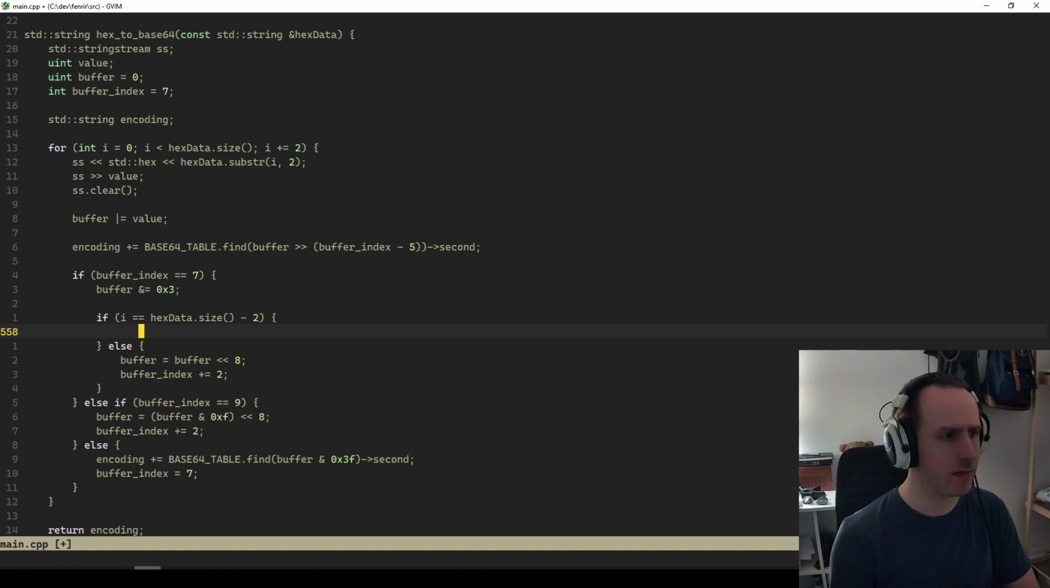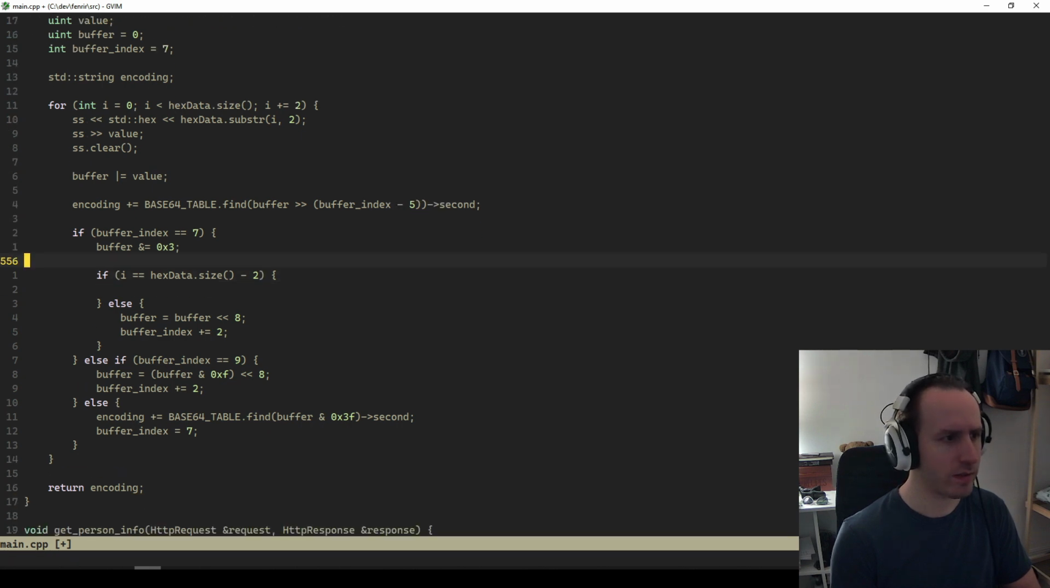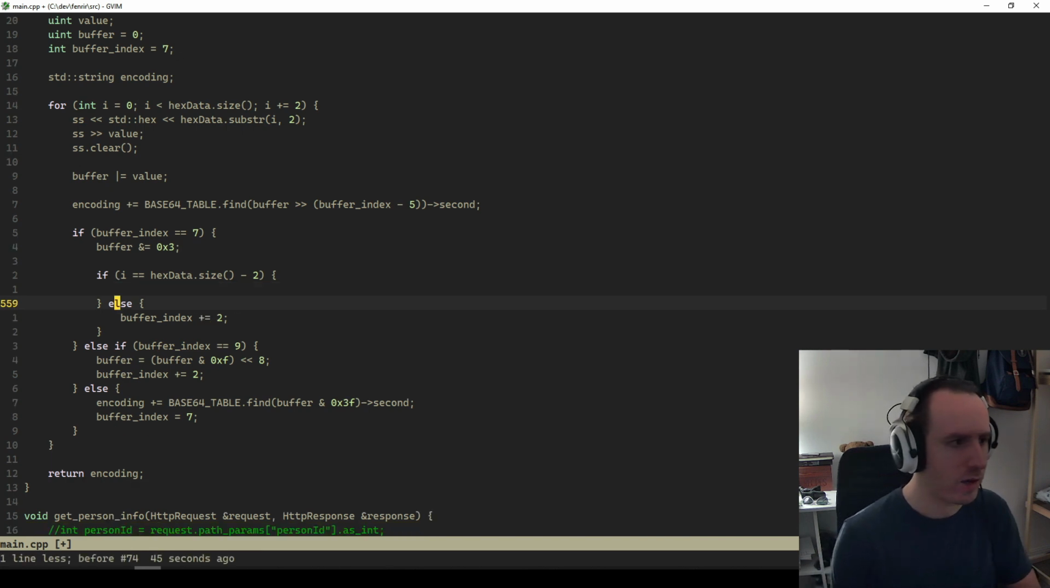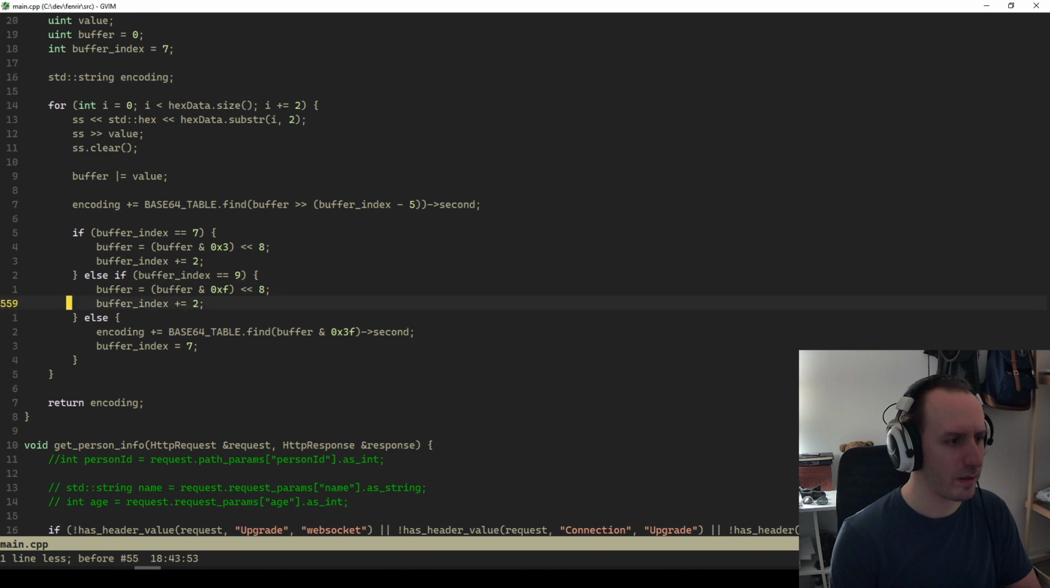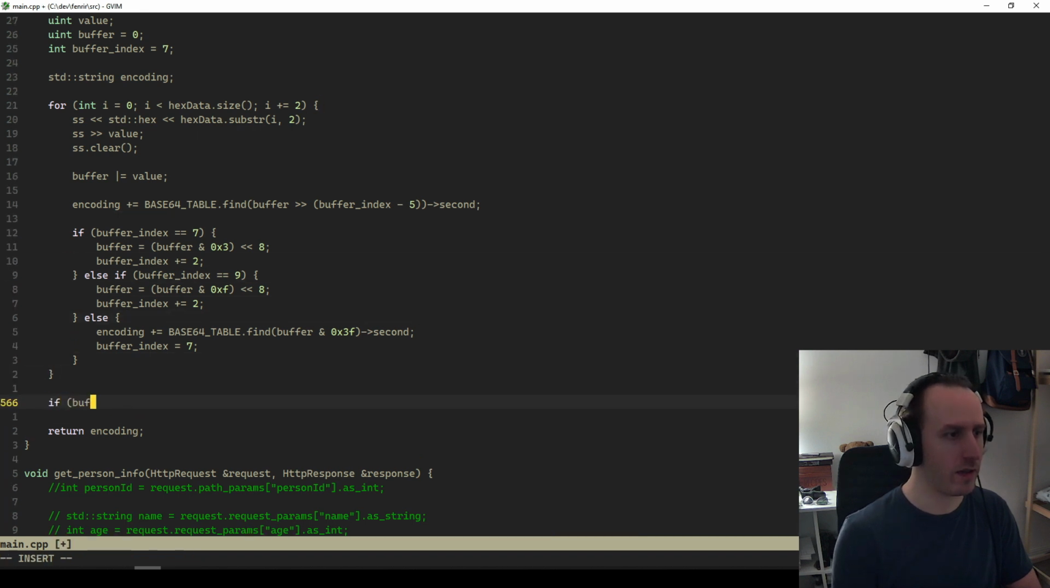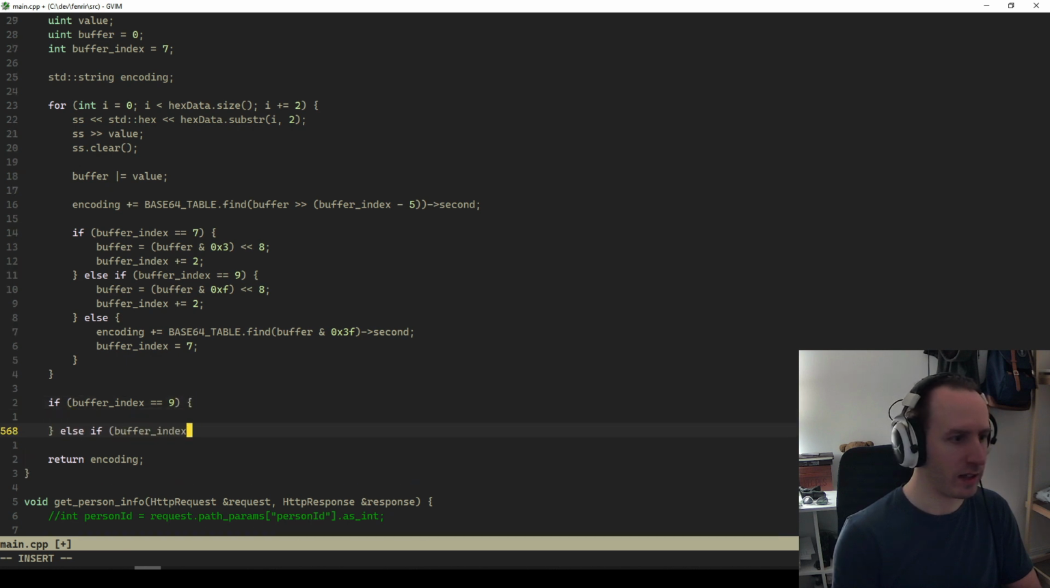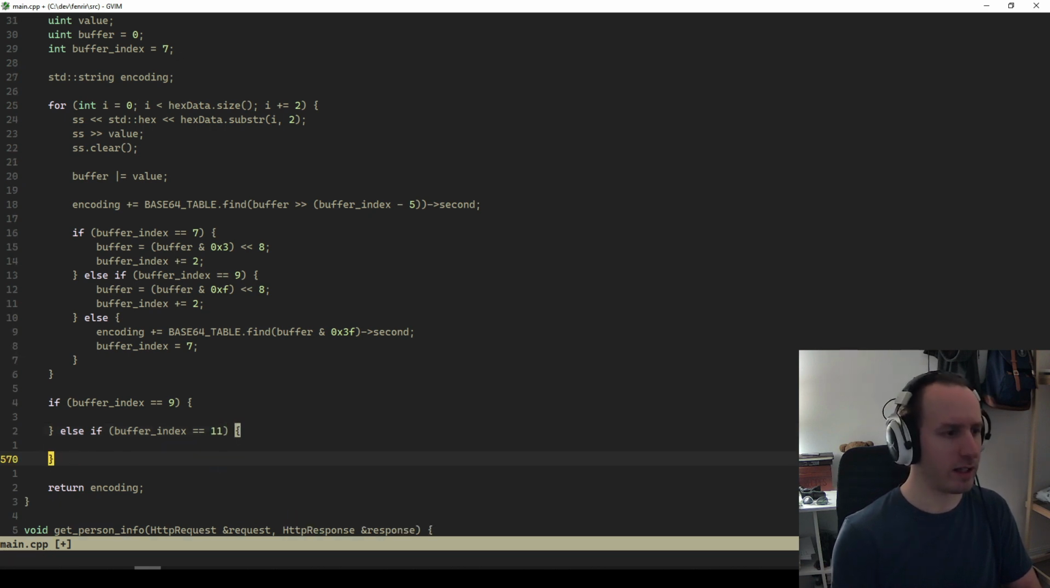Bit shifted to the left by 8. If it's here, the buffer is, well, we're done. That's the thing, we're done, so we don't need to do anything else. I don't know if I want to do all this. If the buffer index is 9, else if the buffer index is 11. Right. So if the buffer index is 9,